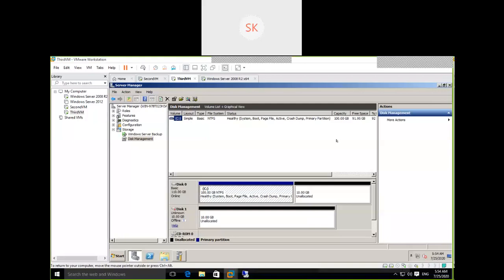What is a dynamic disk? What is an MBR partition? What is a GPT partition? Where is MBR required? Where is GPT required? Everything we are going to understand in tomorrow's session. Disk management is the place where we configure storage-related tasks, either to create an additional disk or to expand the existing disk. We are going to cover what is MBR, what is GPT, how to create a partition, how to expand the existing disk, how to create a dynamic disk, and where we need to create a dynamic disk.